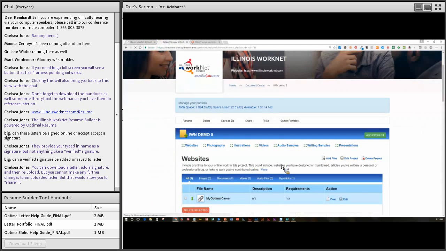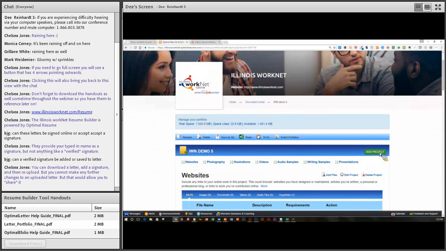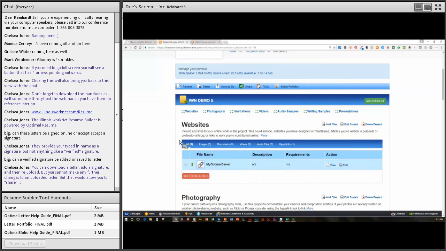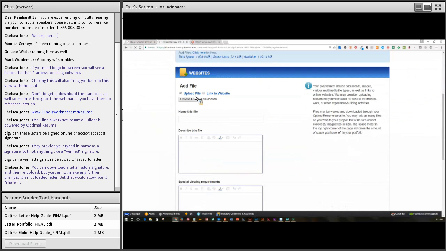So then all I have to do is I can add a project, so I can add a different project to my portfolio. So I can have it work by projects, or I can add it by types of projects. So here, if I've done a website, I can add a file to that website, and I'm going to